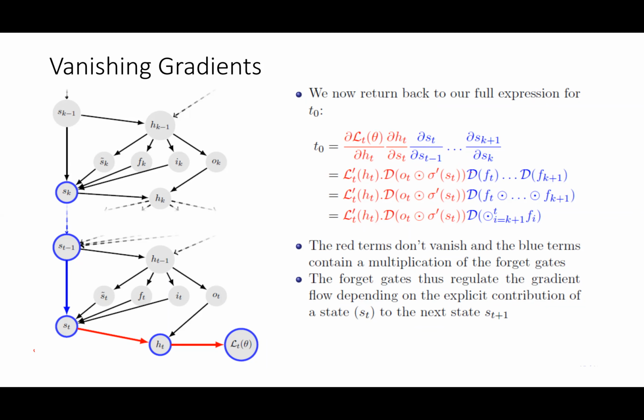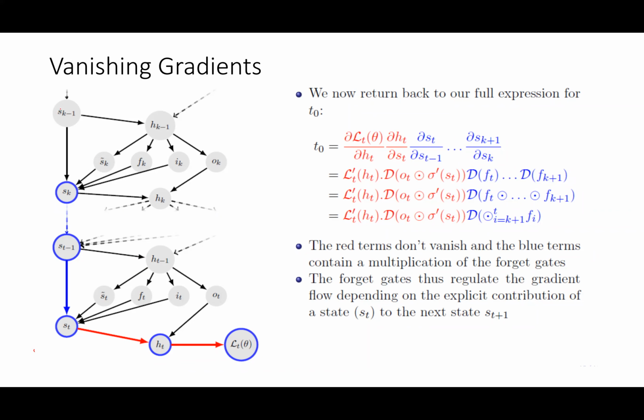This capital D is a diagonal matrix. If I am element wise multiplying two vectors, it is equivalent to multiplying the two diagonal matrices having these vectors on their diagonals. That is what this notation says. So if I am trying to find the loss with respect to the 10th previous hidden state,